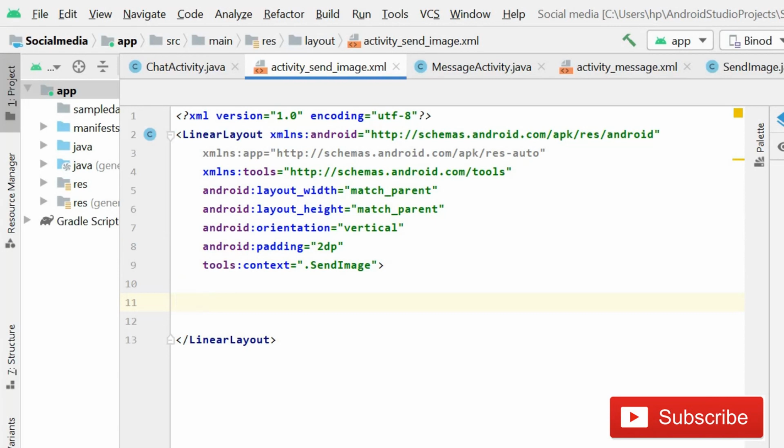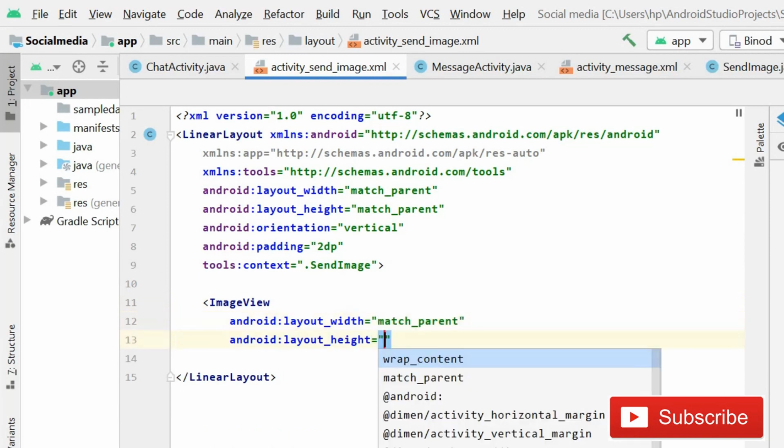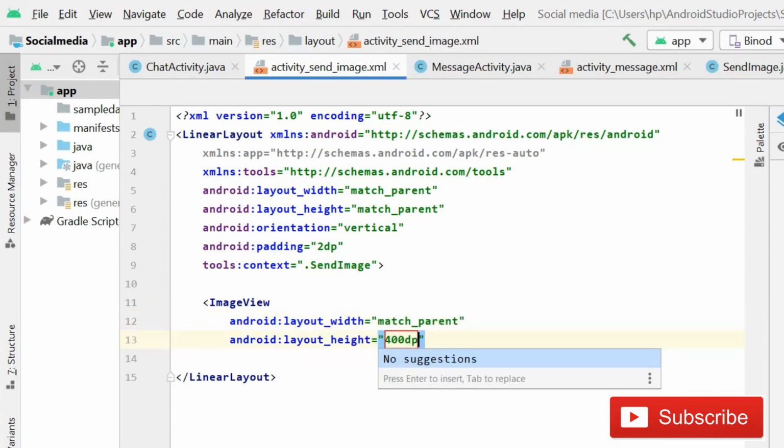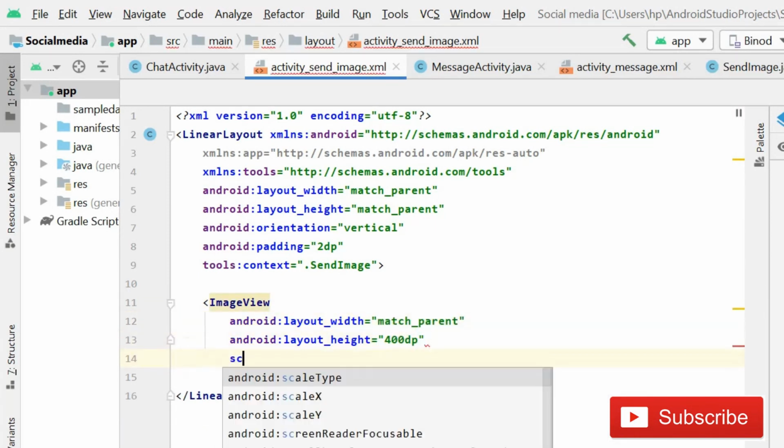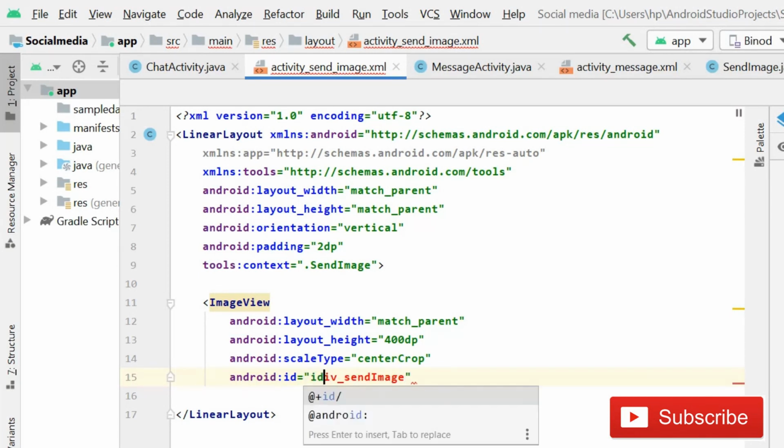Here we need an ImageView, with width match parent and height 400dp, which is fine I think. Scale type centerCrop, and then id iv_send_image, and here you have to write one more thing, that is id.